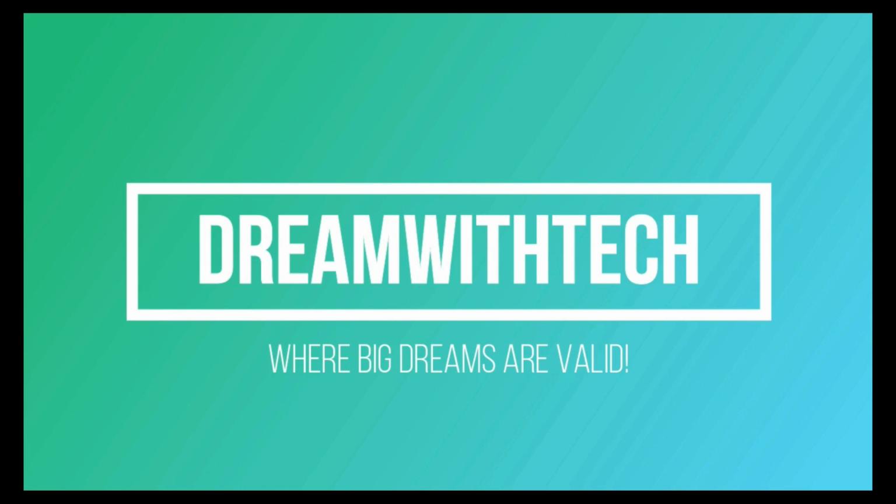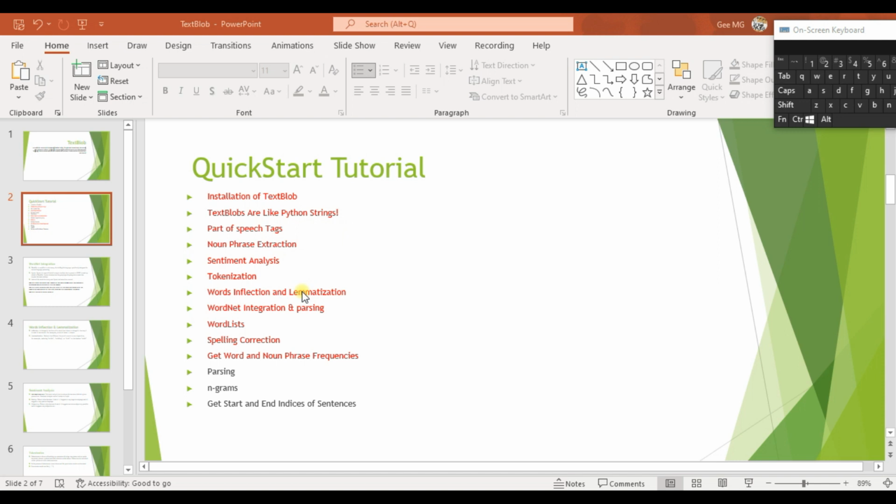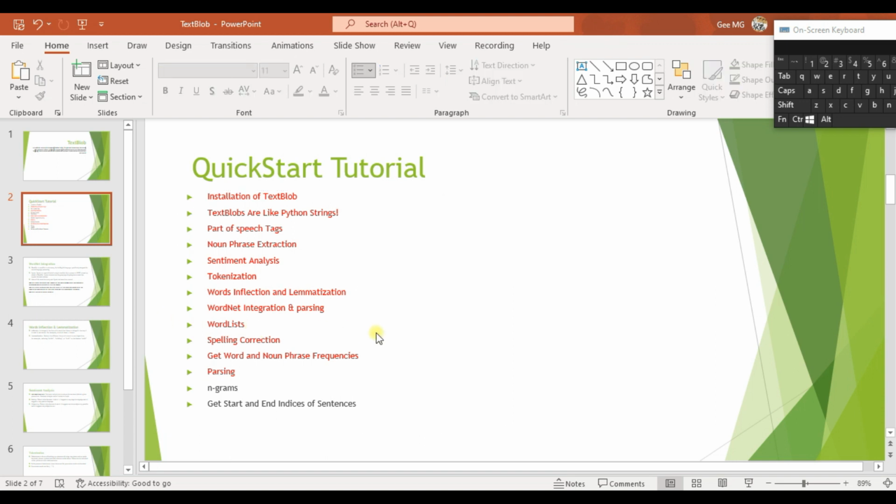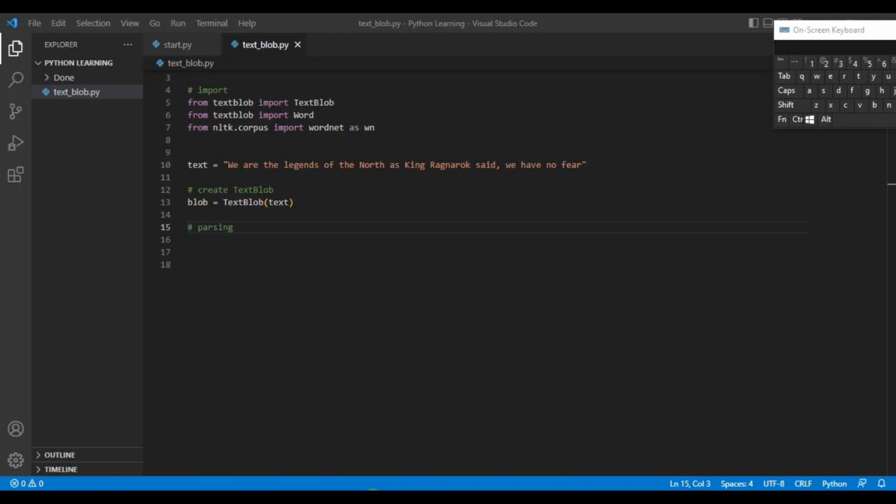Welcome to part 12 of our quick start tutorial on TextBlob using Python. We are going to discuss how to do parsing on a text. Parsing helps us analyze a sentence in terms of grammatical constituents, maybe identifying the part of speech and syntactic relations. It's just a simple step because it involves just calling one method on the blob